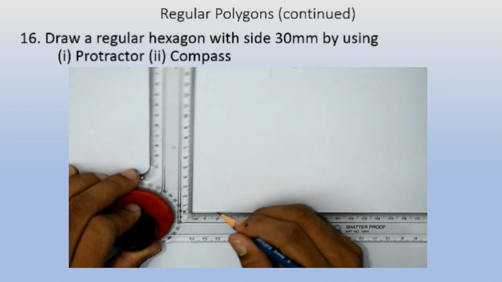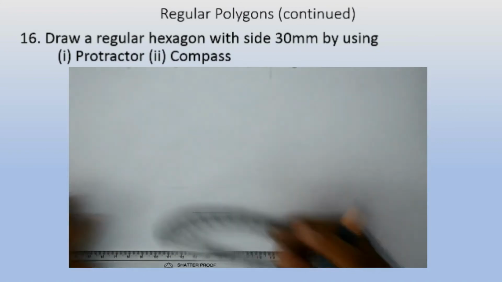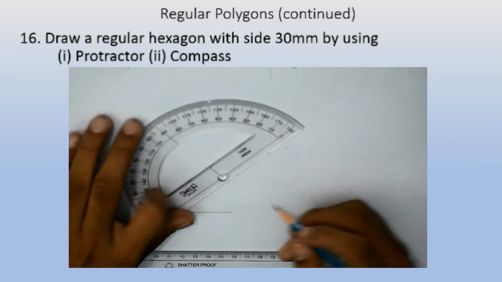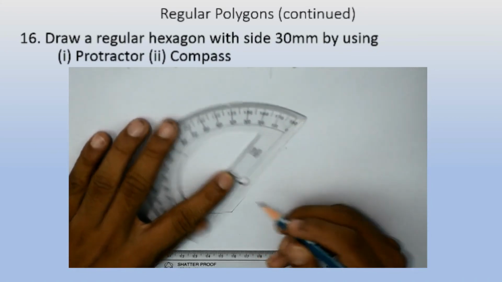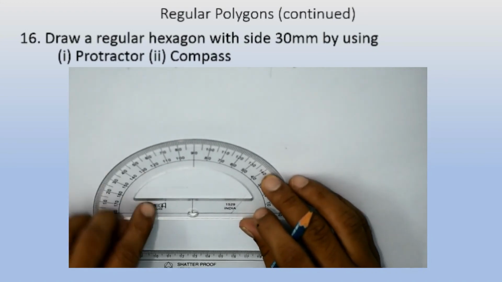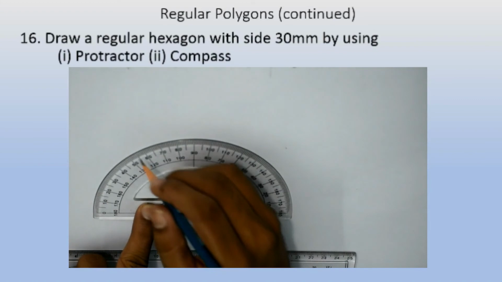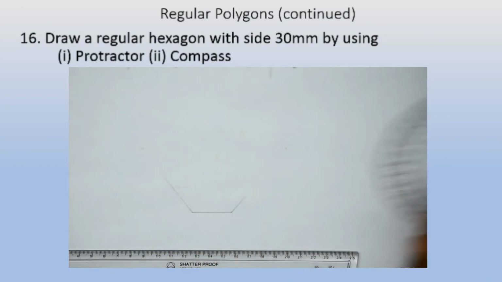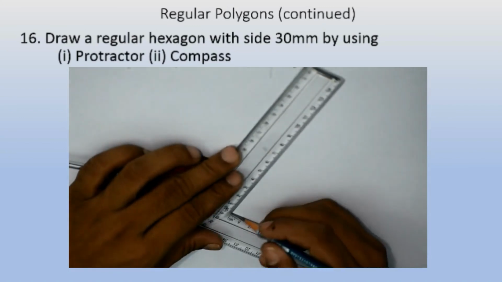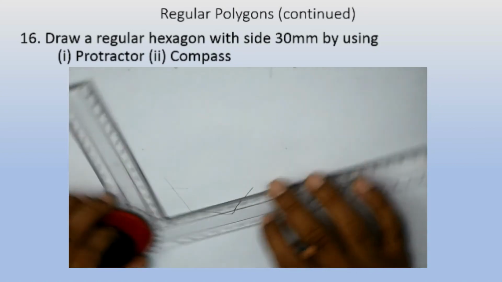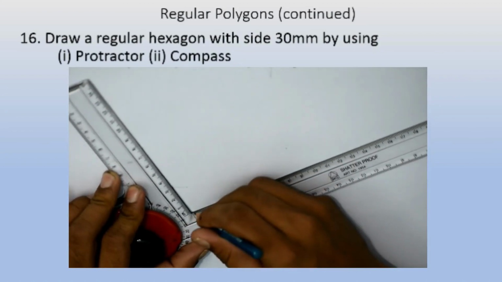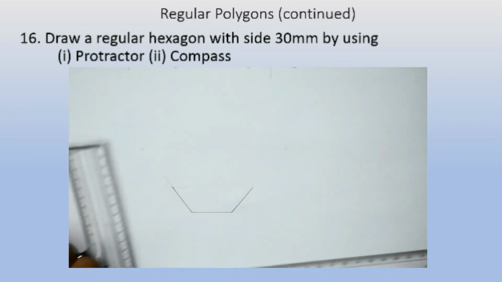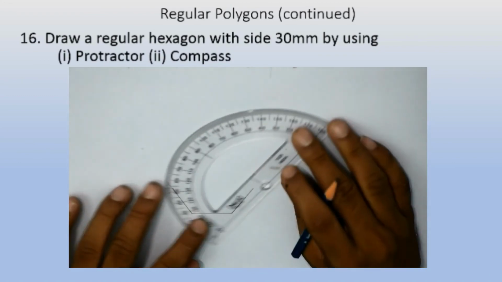So the first line would always be a straight line drawn with the drafter scale, and now you can observe the protractor scale. I am marking an angle of 60 degree from this side, and I will take some line, not till that point at which we have taken the 60 degree angle, and we have to take the angle from this side also, and I will repeat that same procedure, a small line, and now I will complete the 30 mm line. We can take this angle with the drafter also, but we'll get accurate values with the protractor scale, because your drafter might have error.